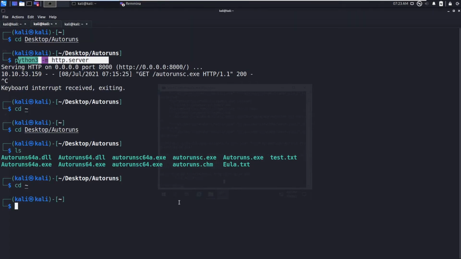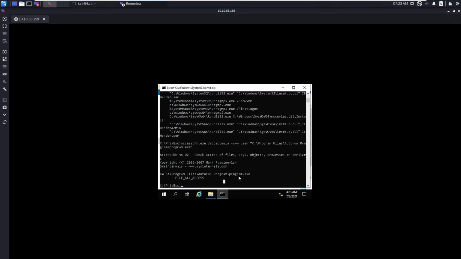I have already created one using MSFvenom, and that's in this folder. Now let's get that using PowerShell.